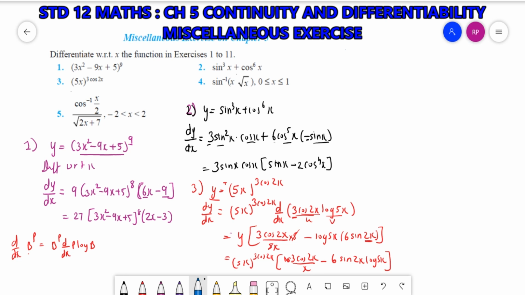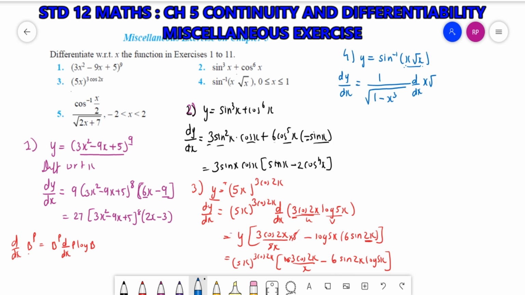Next, let's see question 4. y equal to sine inverse of x root x. Differentiating with respect to x, dy by dx, derivative of sine inverse is 1 upon square root of 1 minus x square. So it will be 1 upon square root of 1 minus square of x root x. Square of x is x square, square of root x is x, so x square into x, that will be x cube, into d by dx of